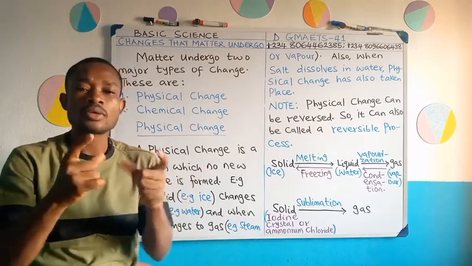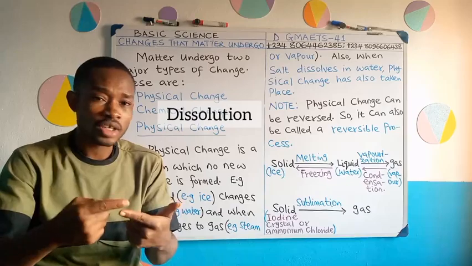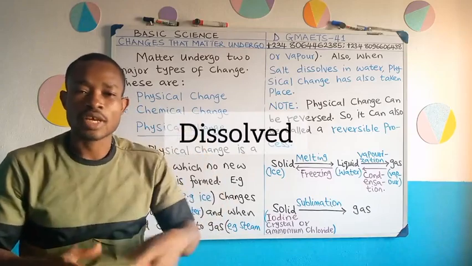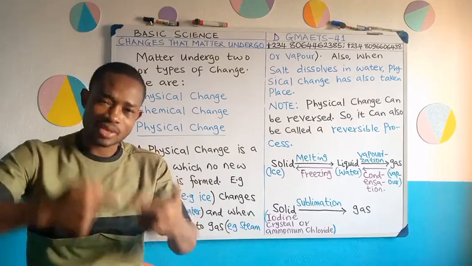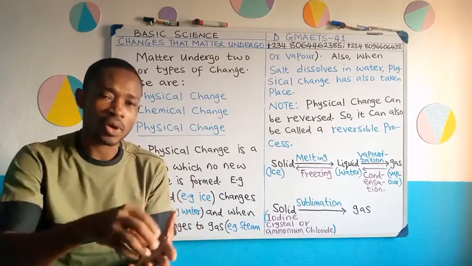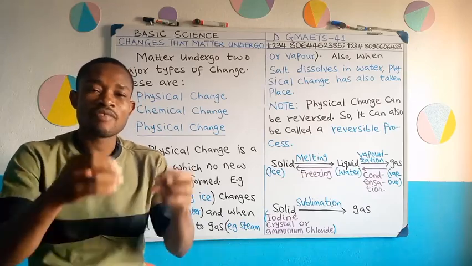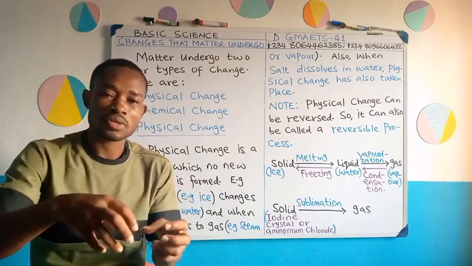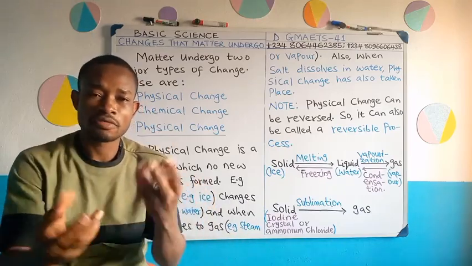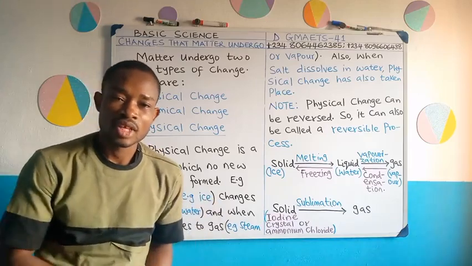Although the salt particles that you poured disappeared, we call that dissolution. We call it what? Dissolution. Or you can say the salt has dissolved in the water. It is possible for you to get the salt back again. All you need to do is to heat that water that you dissolved the salt in. What do we mean by heating? Simply carry the container, it could be a pot that you have water into which you poured the salt, turned it, and the salt disappeared. Keep it on top of anything that can heat, it could be your stove or your gas. Then leave it to continue heating.